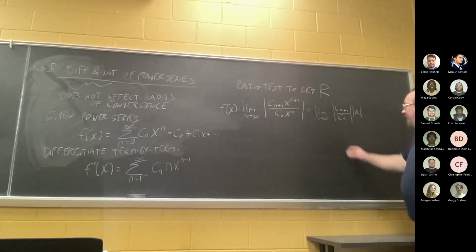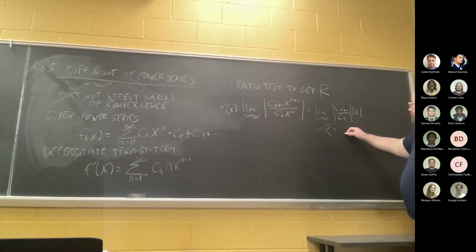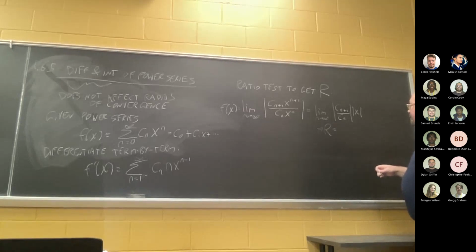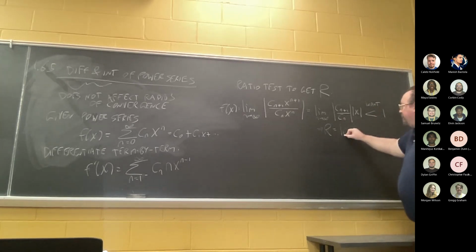Because I want this to be less than 1 for convergence, R is going to be equal to the limit